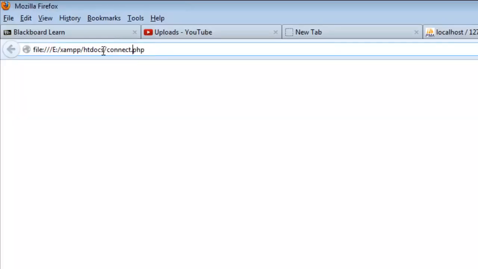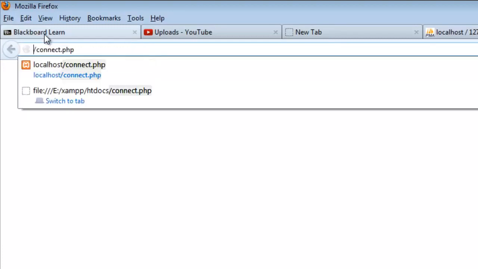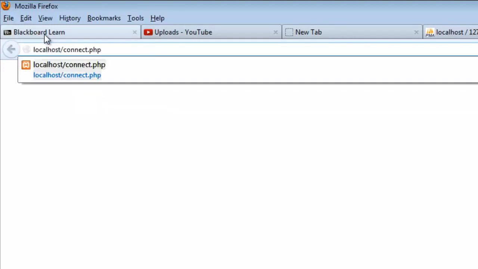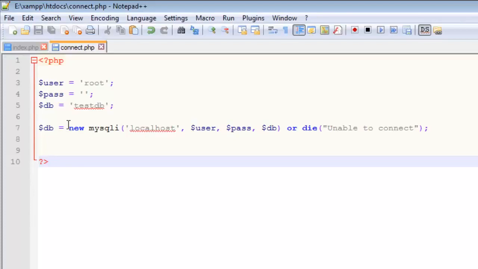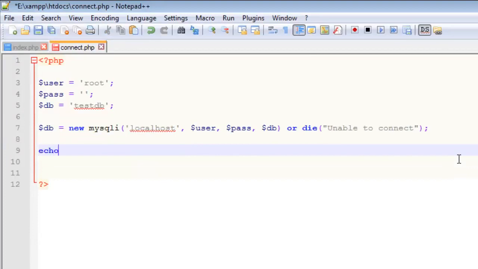Nothing happens. Nothing should happen because I need to run it through the localhost. PHP is not going to be interpreted if I don't. Now I run it through localhost, and nothing happens. That's a little concerning. So recall what this does. This either creates a connection or it fails. There's no output, so it's good practice to just do a little echo down here, and my echo is going to say like "great work,"